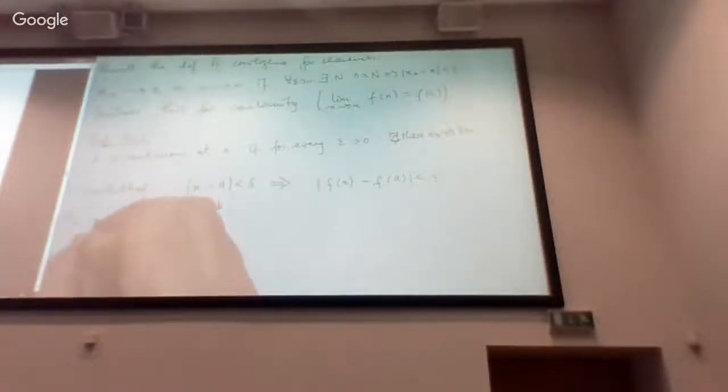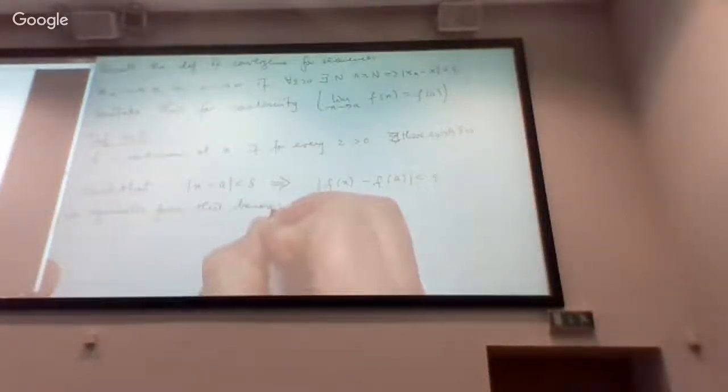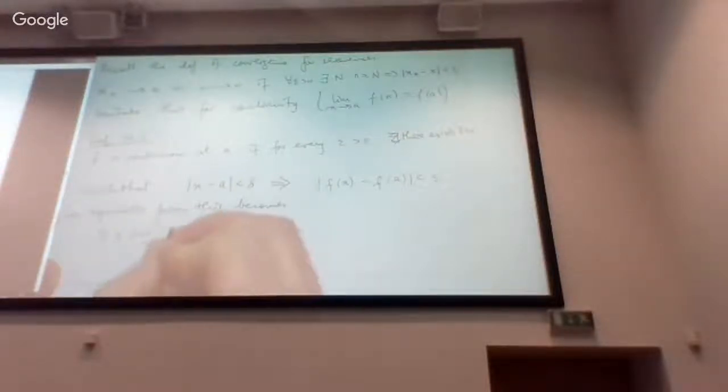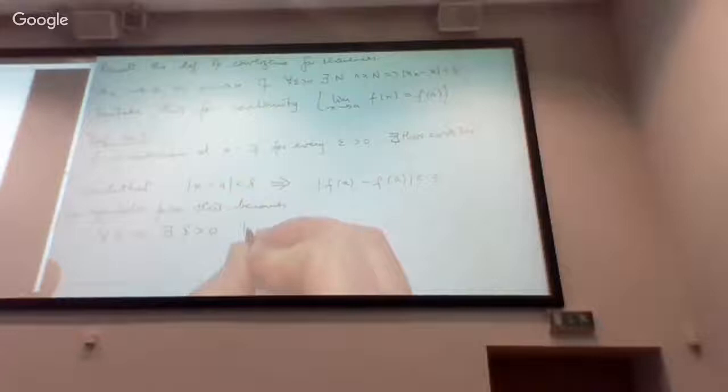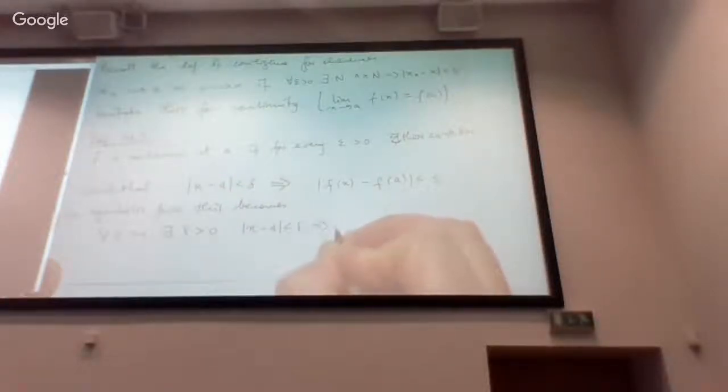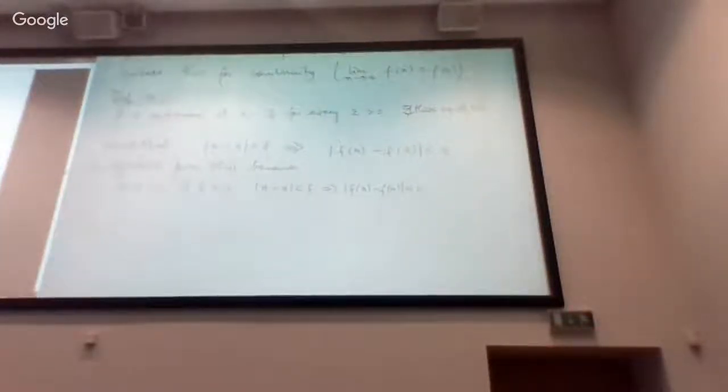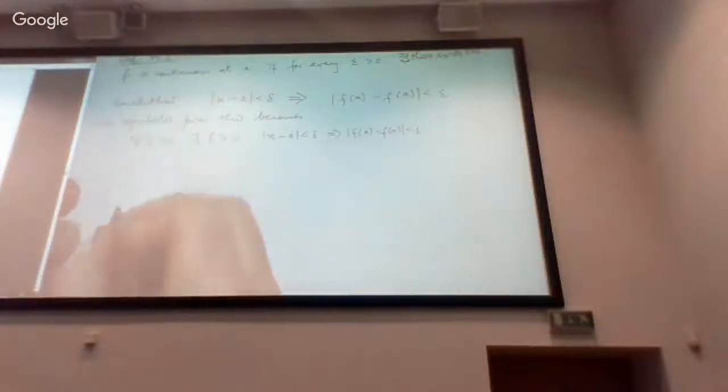So in purely symbolic form, this becomes: for all epsilon bigger than 0, there exists a delta bigger than 0, such that absolute value of x minus a less than delta implies absolute value of f of x minus f of a less than epsilon. There's a diagram that helps explain it. I'm going to repeat it because it can sometimes help to see the diagram being formed dynamically, how we draw the various bits and in what order